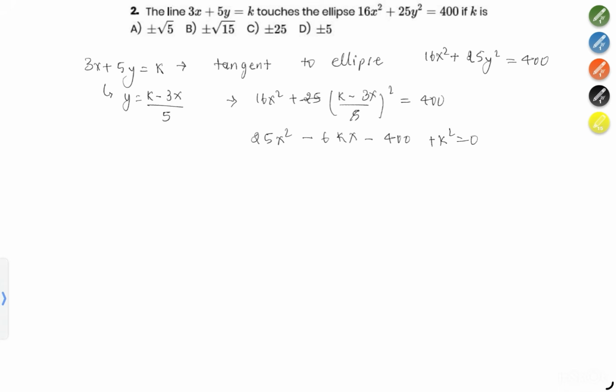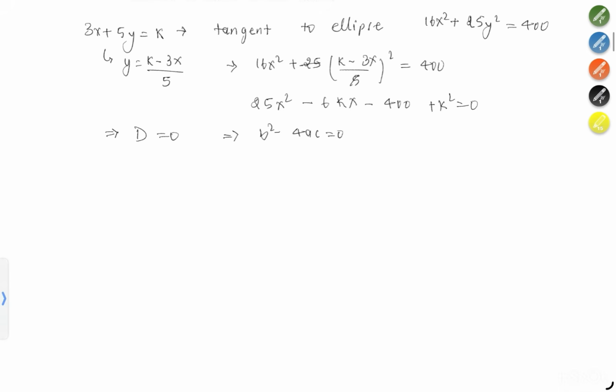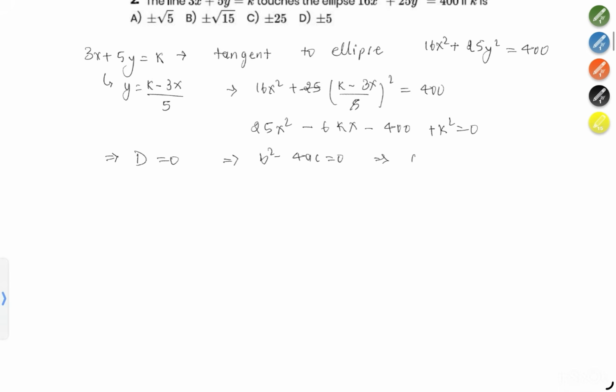Nothing else than that. Now, as it touches, it means for this equation, D has to be equal to 0. Then only we can have both equal roots. So now we have to simplify for D equals 0. D means what? B square minus 4ac equals 0. So this will say the value is 6k whole square minus 4 times 25 into (k square minus 400). This is equal to 0 that we get. So this is 36k square minus 100k square